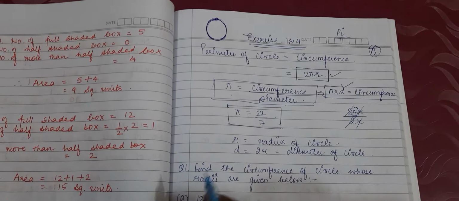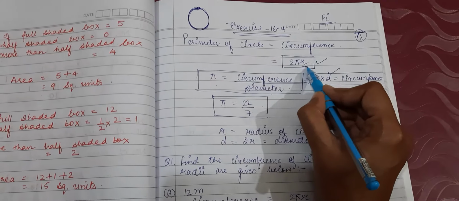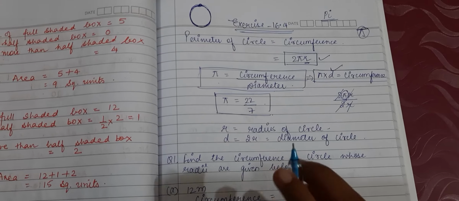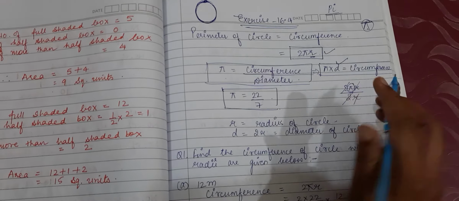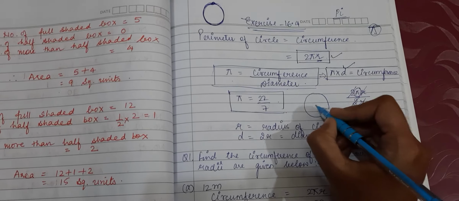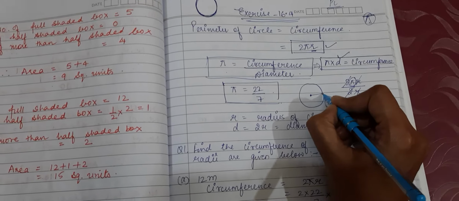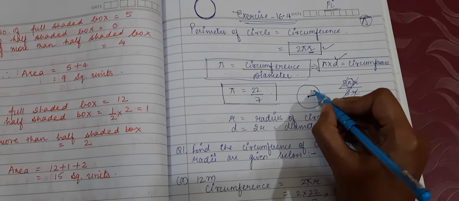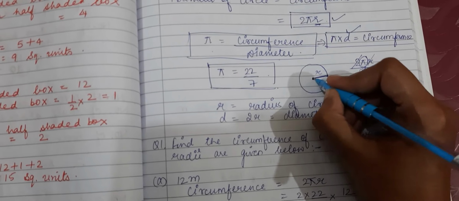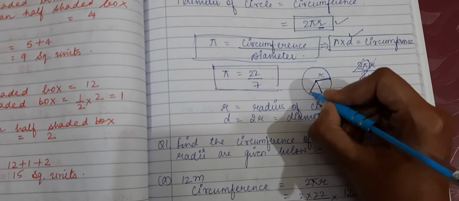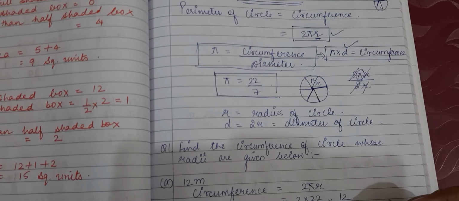So I can say that pi is the ratio of the circumference to the diameter. Now there are two formulas for the circumference of the circle, when radius is given and when diameter is given. You all know r means the radius of the circle. What is the radius? If I draw this circle, from the center point a line is drawn to a point on the circle. This is the radius. The value of the line from the center to any point on the circle will always remain the same.